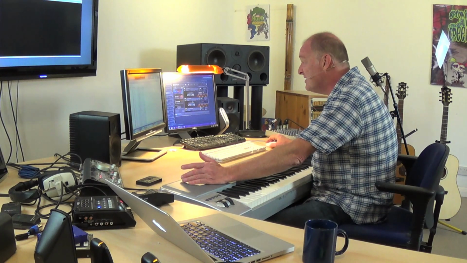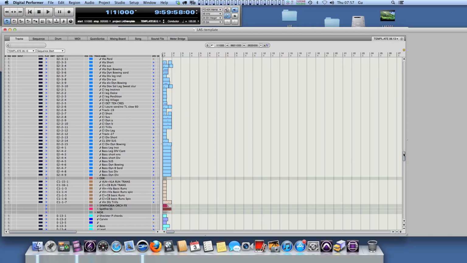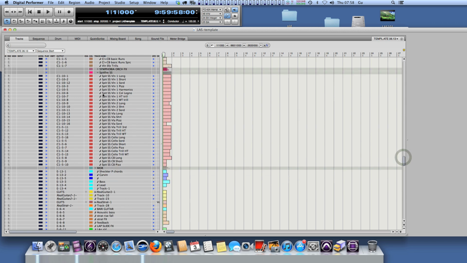Then you've got to multiply that, obviously, by each section. And then you think, okay, we're also going to have a choice of library in case, as I said before, it doesn't quite work out. So here's the Spitfire ones: longs, shorts, sordini, pizzicato, harmonics. 650 tracks suddenly doesn't go very far. Anyway,